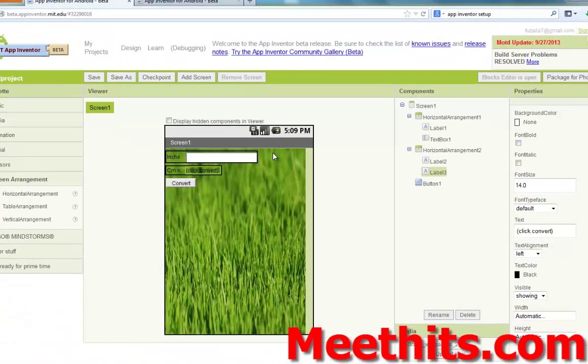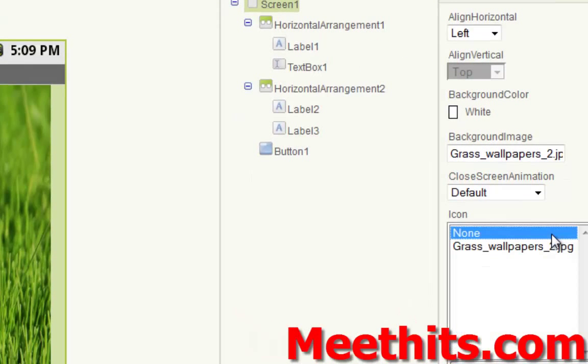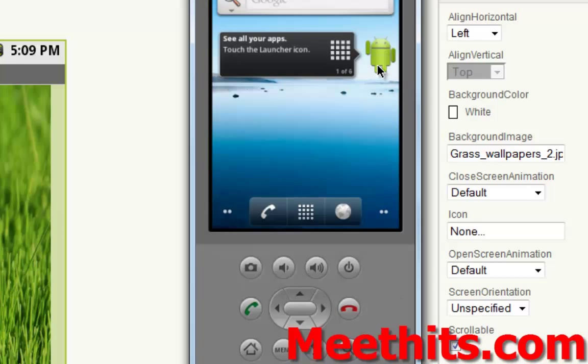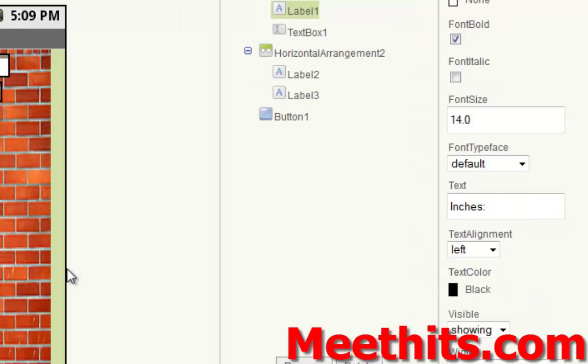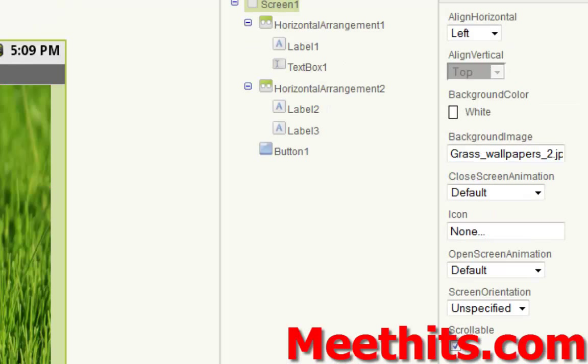One more thing you can do is go to screen 1 and change the icon. The icon is what displays in the launcher, the Android launcher. I mean, in the default launcher too, you can see an icon of the app. And one more thing, you can change the screen orientation to sensor.